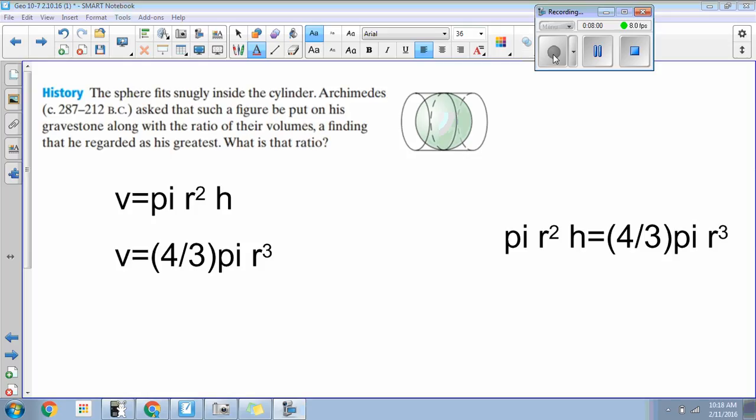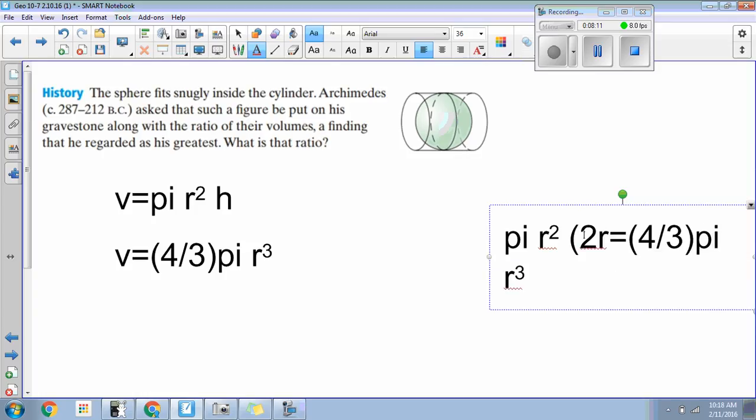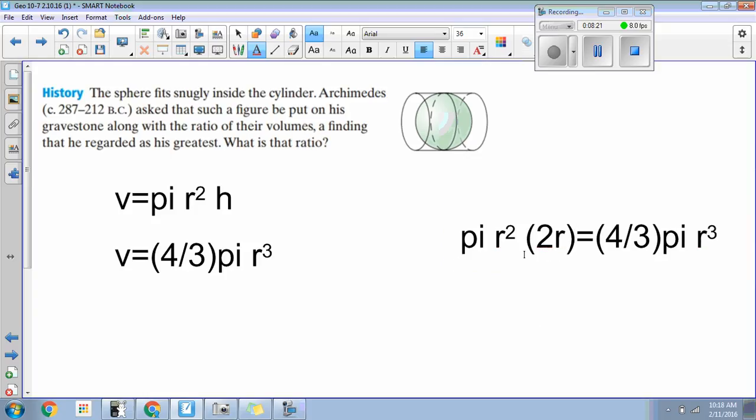You know that the radiuses are the same. The other thing you know is that the height of the cylinder is actually 2r, so I'm just going to substitute here. I'm going to drag it over so it doesn't spill into the next line. Now all of a sudden you can see there's r cubed on both sides, because r squared times r makes an r cubed. There's pi's on both sides, and we can really quickly cancel and reduce it down to 2